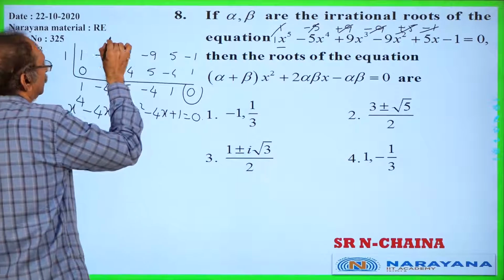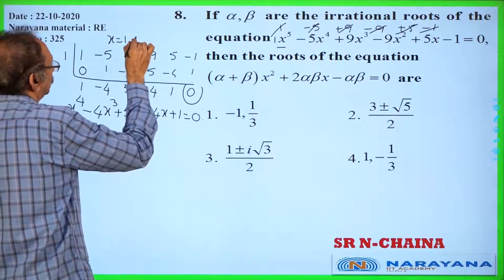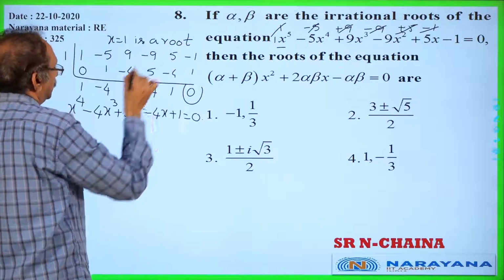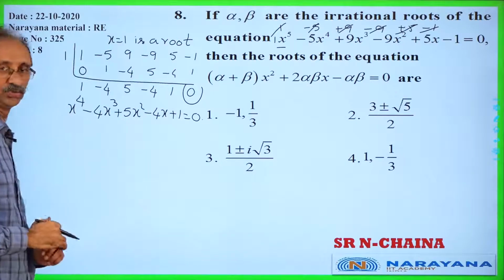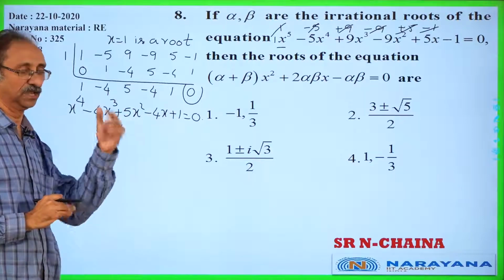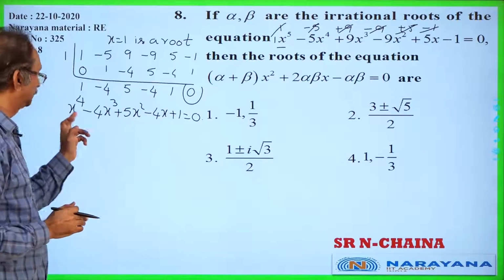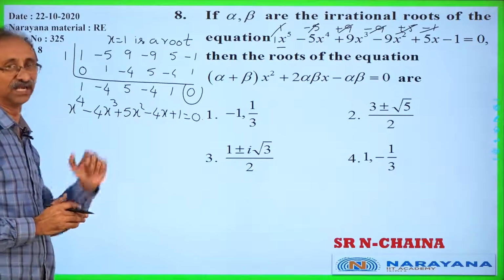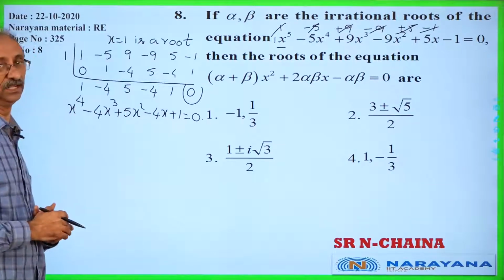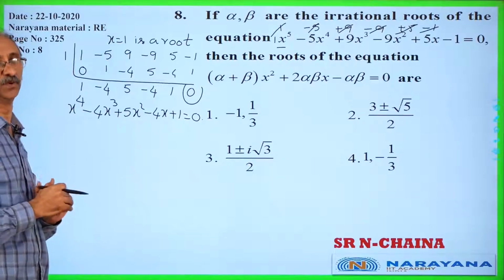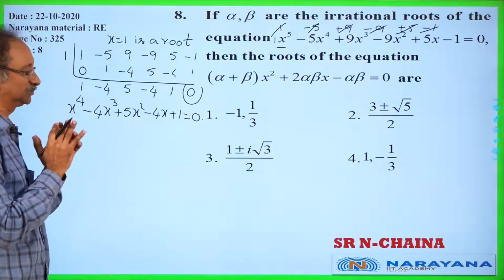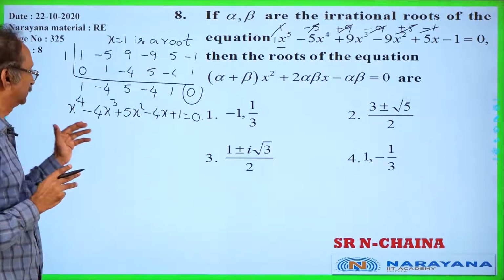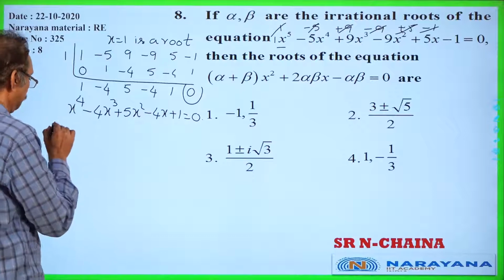So already x is equal to 1 is a root. We got one root and we have to find the remaining 4 roots. Now see this equation, a very, very important equation. This is a reciprocal equation of type 1 or class 1 and of even degree. It is called a standard reciprocal equation. So it is very easy to solve standard reciprocal equations. So how to solve? First divide with x square.